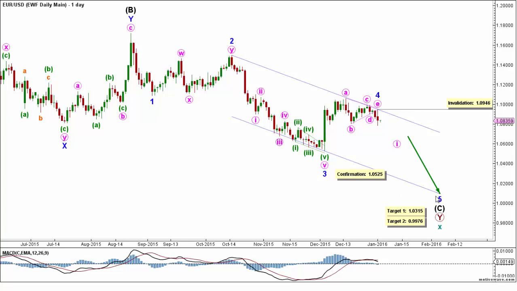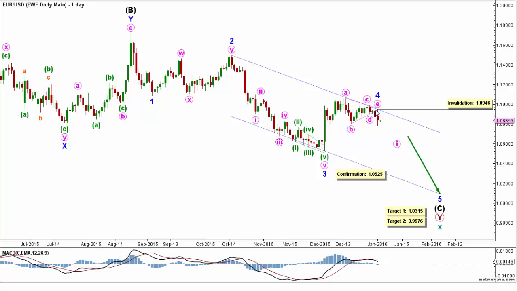Right now, minor wave 5 is forming an impulse labeled minute waves 1 through 5, and this count expects the euro to continue moving towards the downside in minor wave 5. This will be confirmed by movement below 1.0525. Notice that the MACD indicator tentatively supports this count by showing a bearish crossover. So at 1.0315, minor wave 5 would reach 100% the length of minor wave 1, then at 0.9976 it would reach 100% the length of minor wave 3. This wave count is invalidated by movement above 1.0946, as minute wave 2 may not move beyond the start of